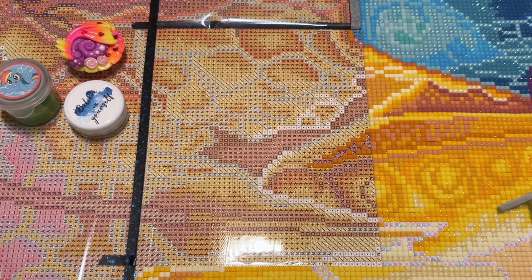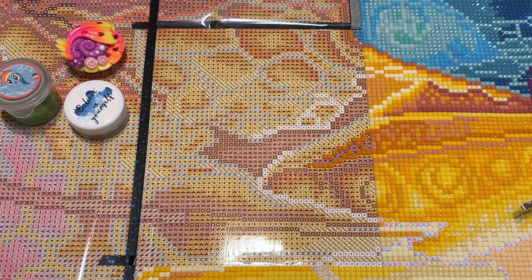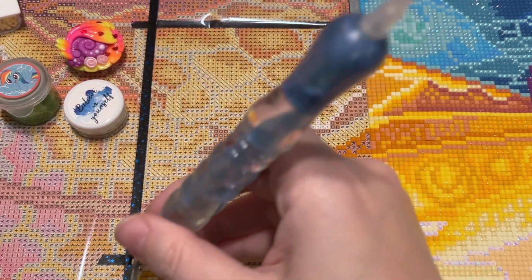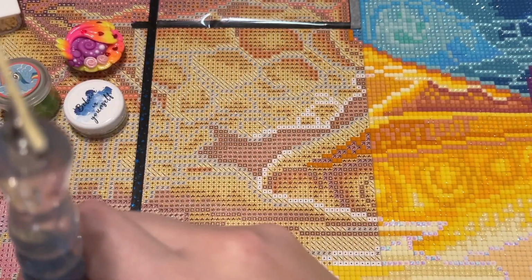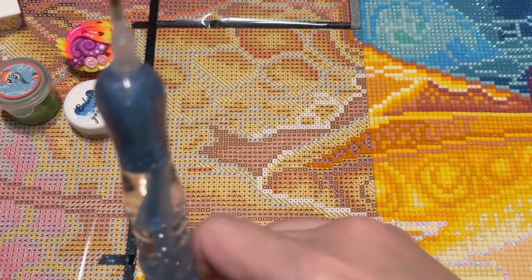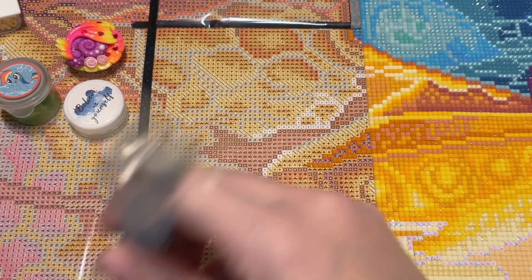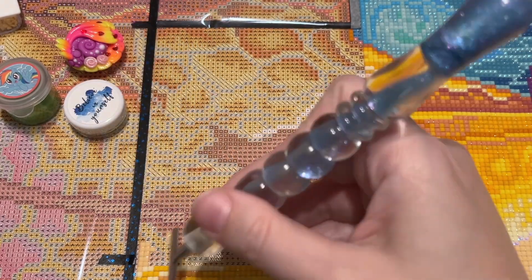Okay, back. So I think what I was saying was just that I am feeling a shift, and it's something that I feel like it took me a little while to come to terms with in a way. But I am learning to be okay with not keeping that same pace of doing a ton of diamond painting in every spare moment and finishing kits at the same rate and pace that I was before. I feel like that's not the balance that I'm needing from things right now, and I'm really learning to be okay with it, and I'm finding that I'm enjoying the craft more,